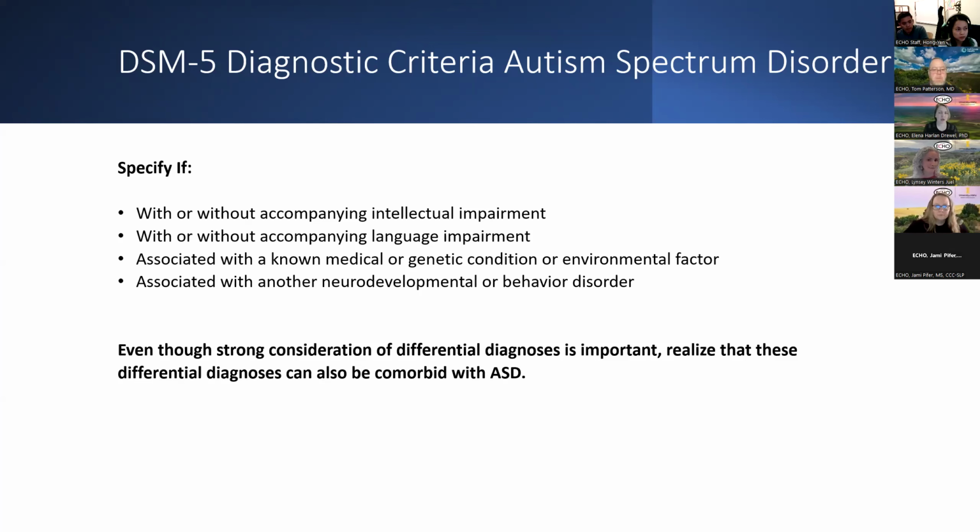So this kind of highlights the fact that you can have autism and you can have co-occurring conditions that look similar to autism as well to kind of complicate the picture. But also sometimes you have to think about, is this purely just a different condition that we're dealing with and it's not autism?